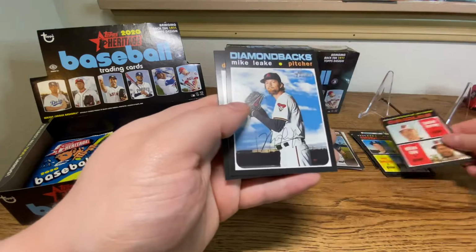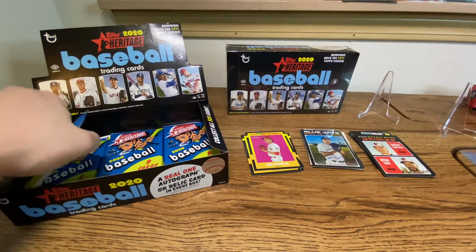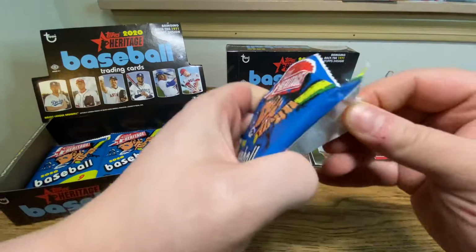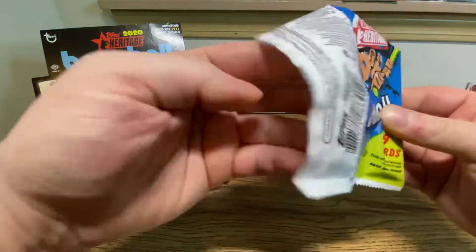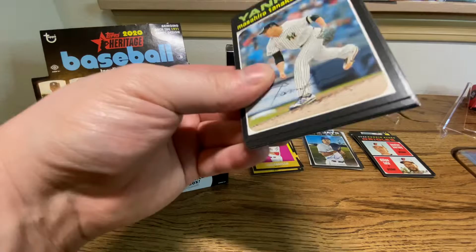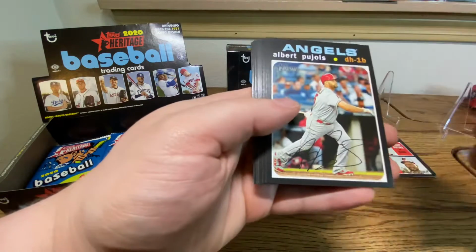Hunter Harvey and Dylan Tate for the Orioles. Leake and Dennison Lamet. To me, it feels, I don't know, I can't really explain it. But I do feel like I'm just not seeing the same value that I've seen in previous years. And maybe it's just because we had a bad run of boxes, but